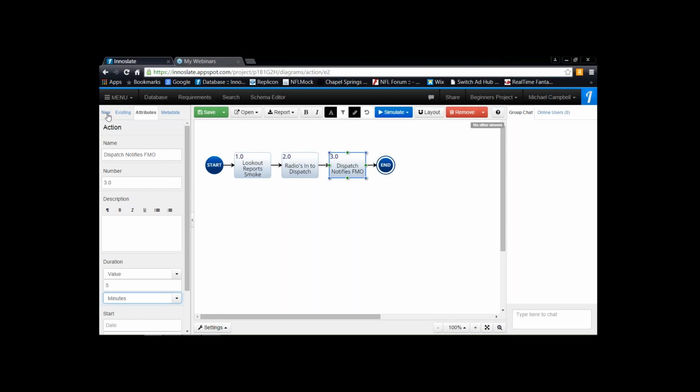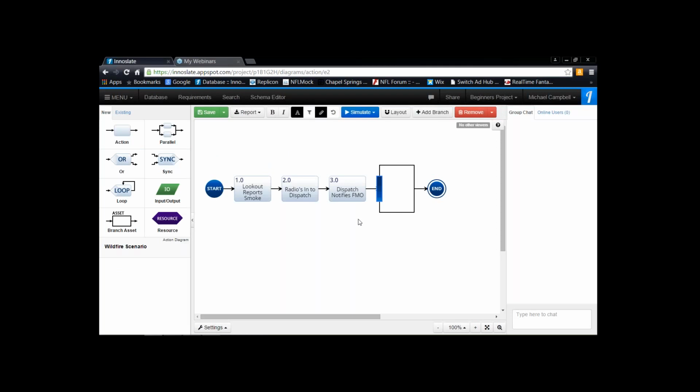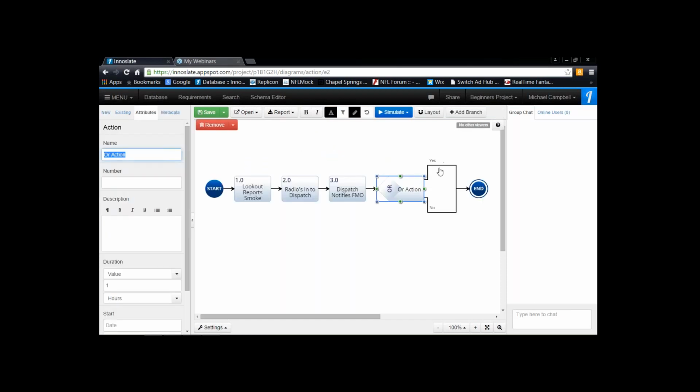So again, I can bring in dispatch notifies the FMO. FMO has two options, and we're going to bring that in here. Actually, that's the wrong one that I want to do. So a good way to show that is that I can click on this here to select the entire parallel branch and remove that from the diagram. So I can do this if I wanted to. So we'll change this